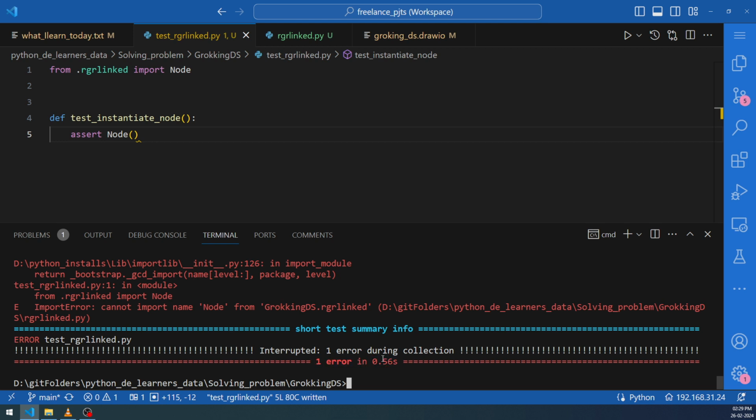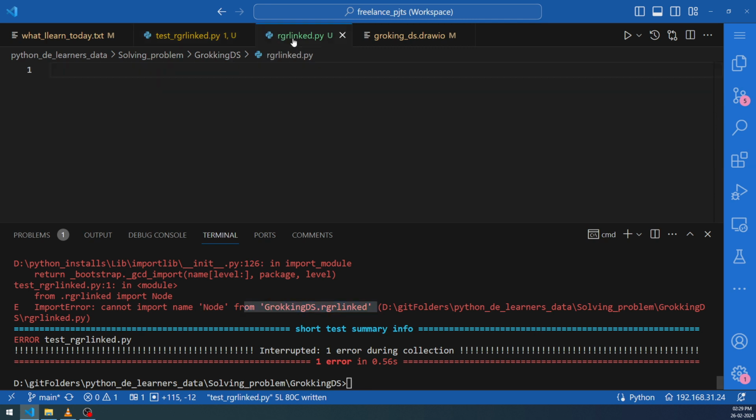So this is the red phase where we are getting the error. And here the error is that it cannot import node from rgr linked, because if you go to rgr linked, there is no input at all, there is no data at all, or the code at all. So how to come out of this